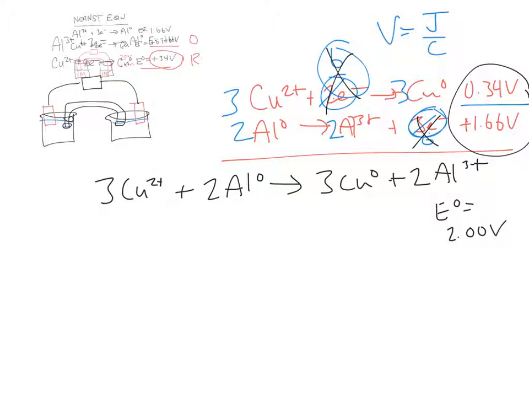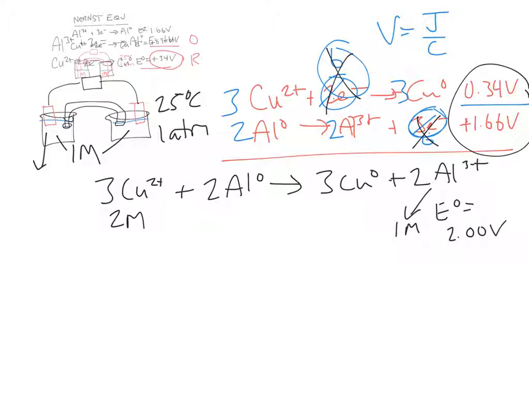Now, when you use the Nernst equation, we're calculating this at conditions other than standard. Standard conditions are a 1 molar solution in each one of these solutions, at 25 degrees Celsius, and 1 atm of pressure. So you can modify these and change these up. Let's just say that instead of 1 molar solutions in each one of these, it's going to be a 2 molar solution of the copper ions,